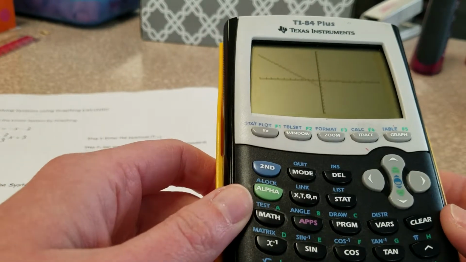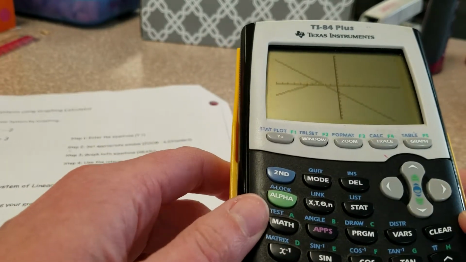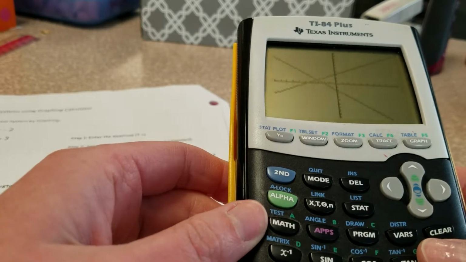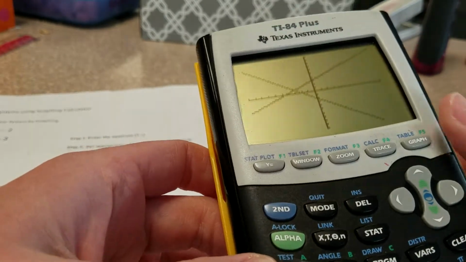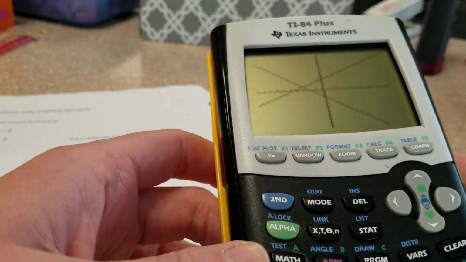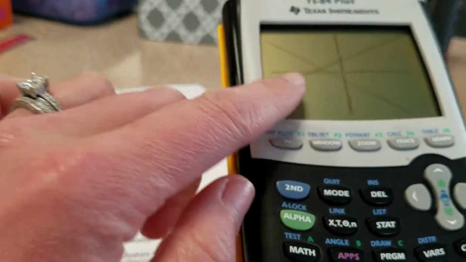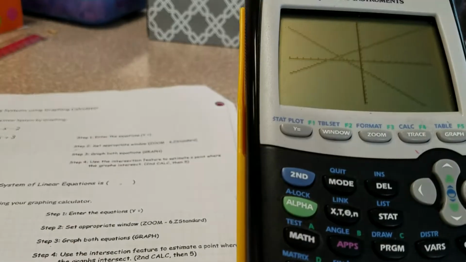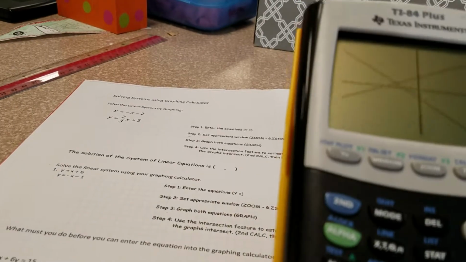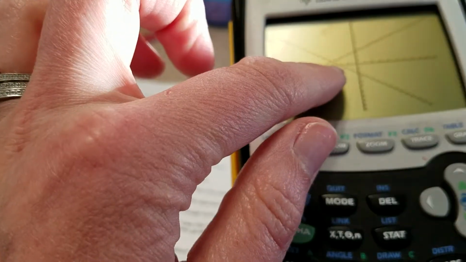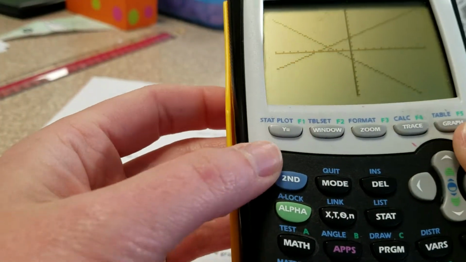that's going to just give us a standard zoom. And by hitting that, it actually goes ahead and graphs it. If you don't want to do that, you can just press graph right up here. So what we can see on our graph is that we have our 2 lines here, and they do clearly intersect each other. So in order for us to have the calculator calculate that, we go to second, and